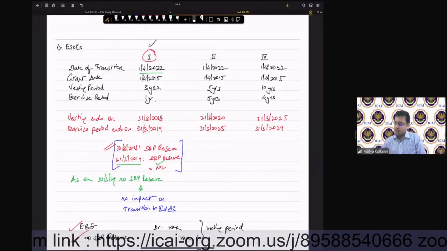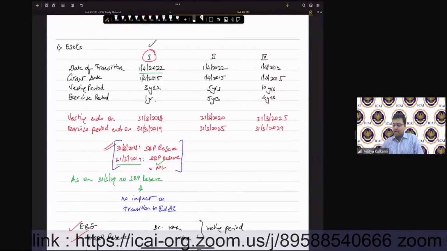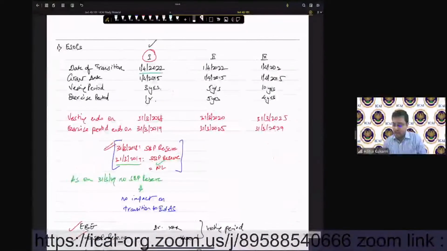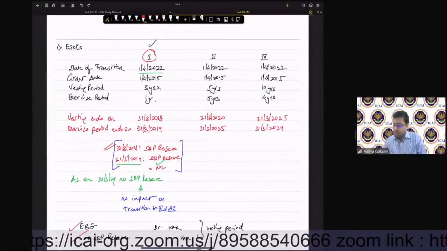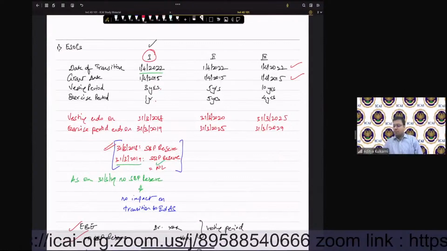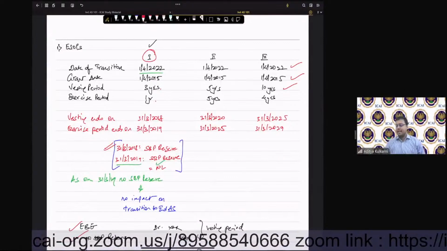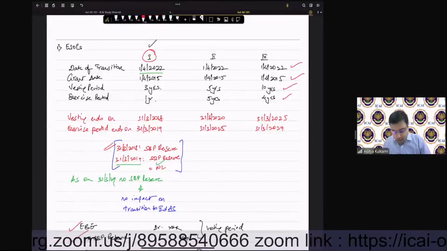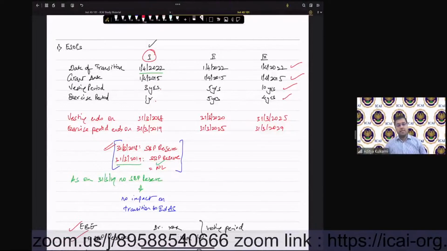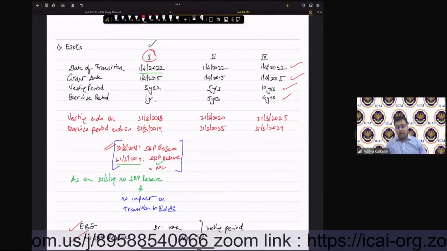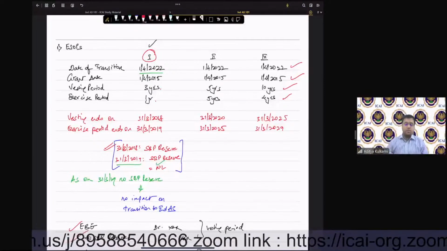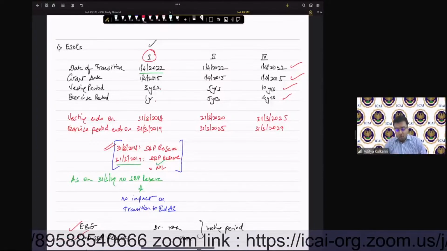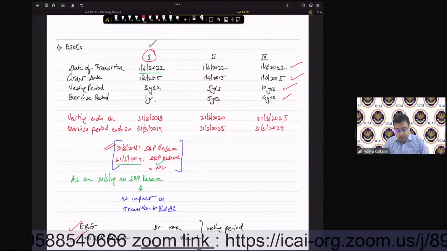Case 3, transition date 2022. Options given 1/4/15, vesting period 10 years, exercise period 4 years. So is the vesting period complete by now? Answer is no. Vesting period also is not complete. And therefore, now there is no transition relief. In the third case, there is no transition relief. Why is there no transition relief? Because